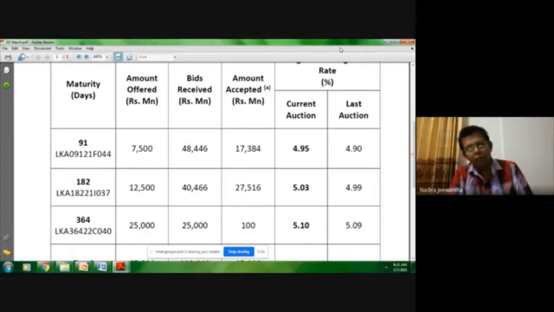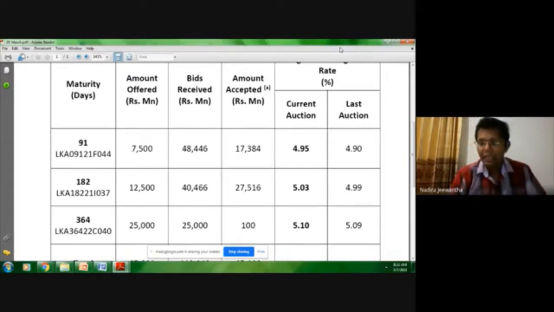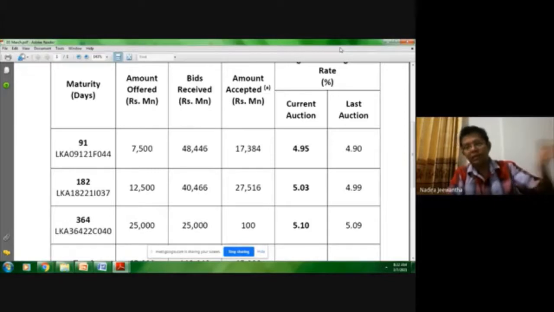I think one or two months ago we discussed the low regime of interest rates, and the treasury auction result sheets compared the last auction with the current auction, and interest rates were down. Now it has changed. From time to time it can change, so the strategies also have to change accordingly. Earlier, in the interest rate downward scenario,